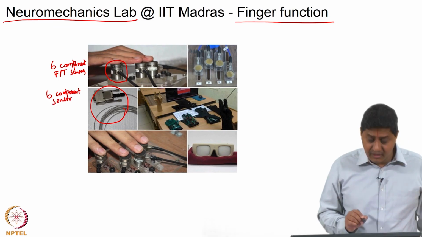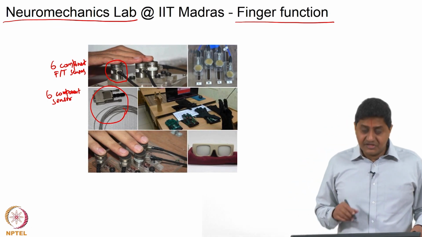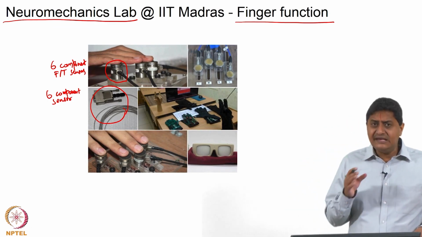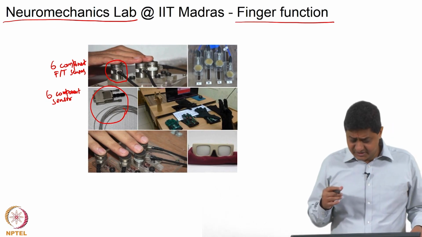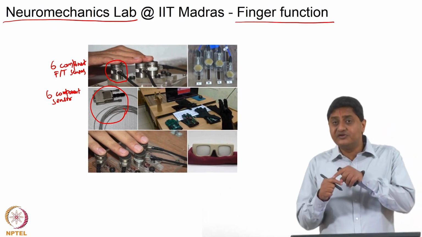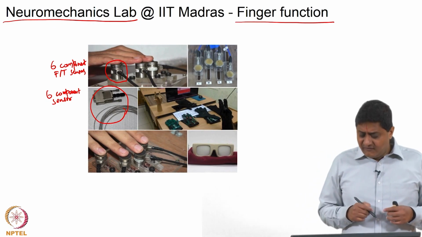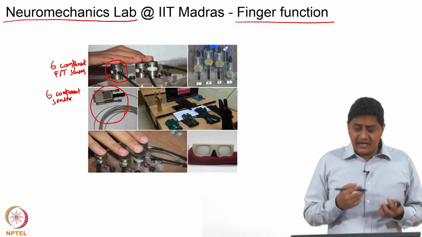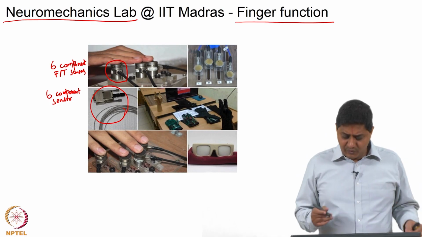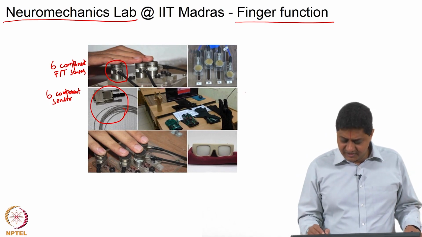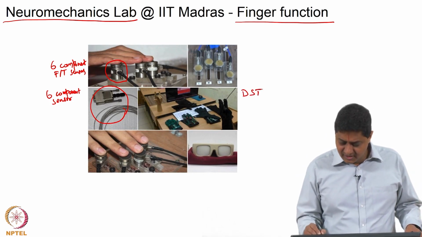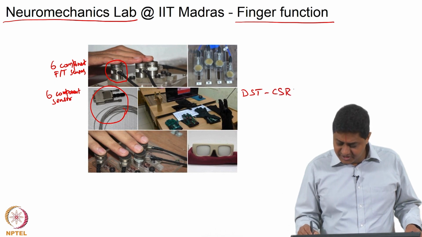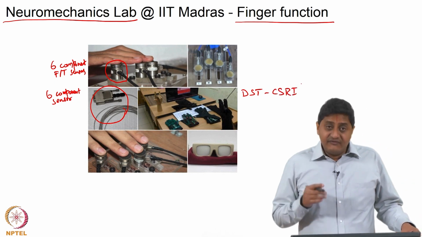So, the polymers one measures linear and angular displacements in all 3 directions. So, that we can do for each individual finger segment. We have also built our own instrumentation for studying hand and finger function. For example, in one of our studies that is funded by DST's Cognitive Science Research Initiative, we asked the question,